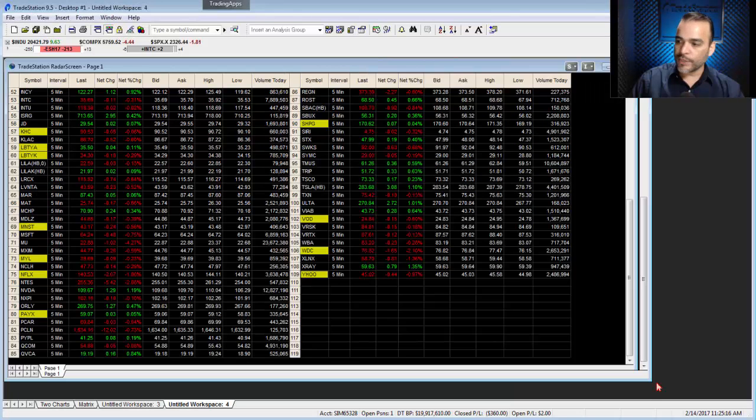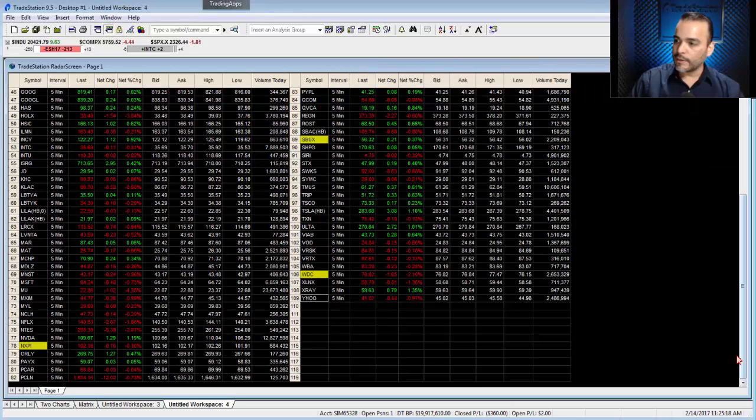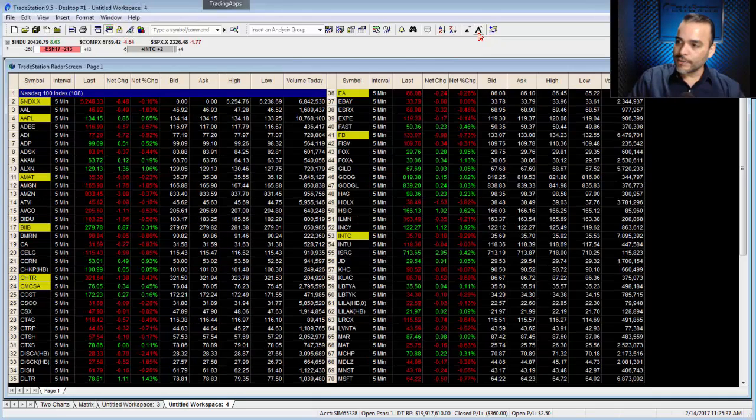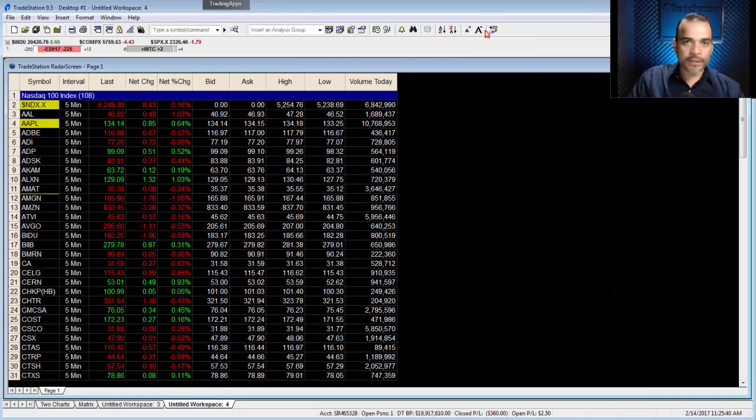Let me resize this window so that we can see all of it. So all the symbols are added to my radar screen. If you're looking at the yellow flashes, those are symbols that are trading at this moment. So every time that you see a yellow flash, that means that there's a trade on that symbol. I'm going to make the font bigger so it's easier on your eyes, okay, by using the button here for